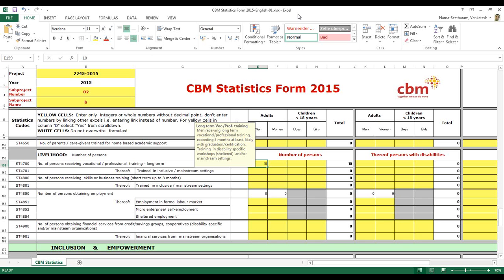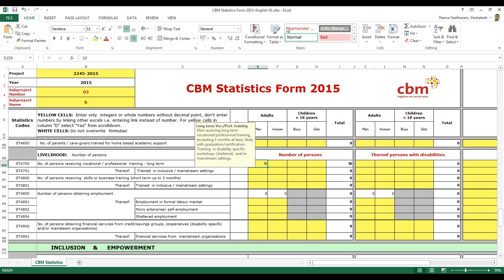I was wondering, because we might find the first part of the template with no data, and we only fill the part which refers to persons with disabilities. In any case it will correspond. It could also be misleading in terms of the total people who have been trained, out of which how many are persons with disability, because that doesn't mean that all the people that were trained were actually supported by CBM.